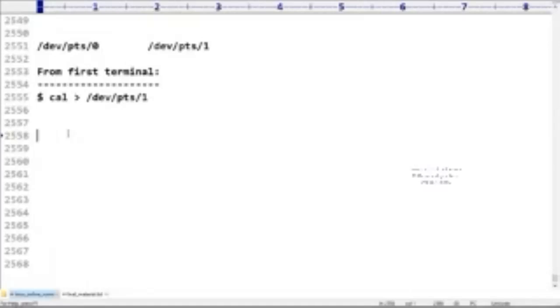Standard input is associated with 0. Sir, what is the standard input stream associated with the number 0? If I mention 0, it means the standard input device. These are devices associated with numbers. The standard input device number is 0. If I refer to 0 in the redirection, it means you are redirecting standard input. Remember that.